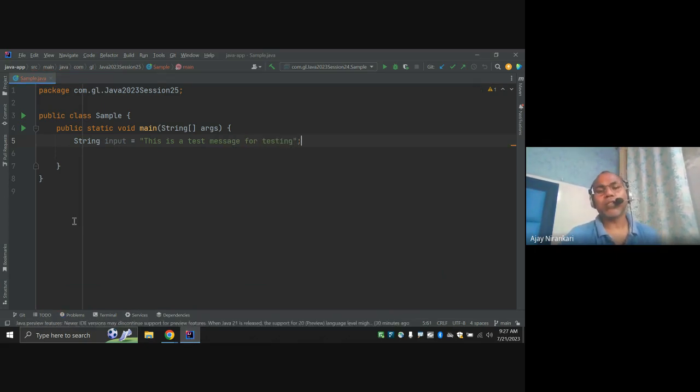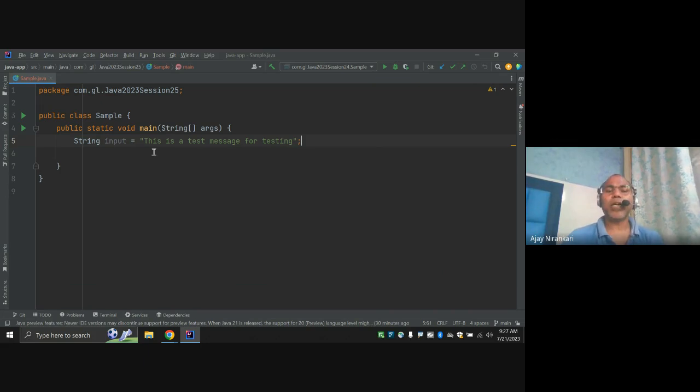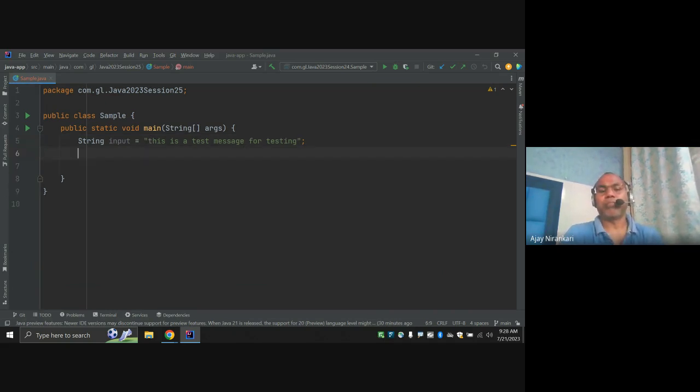In this whole sentence, I want to find out the occurrence of each character, whether any character is duplicated or not, right? So how do we find it? First, let's